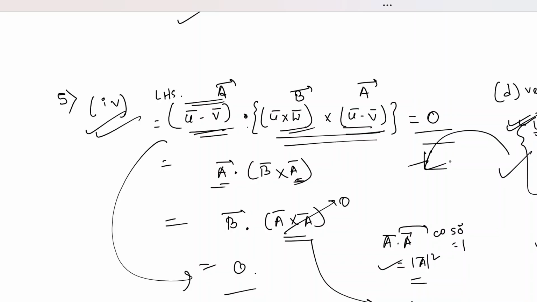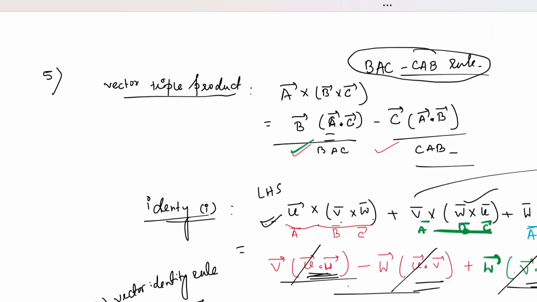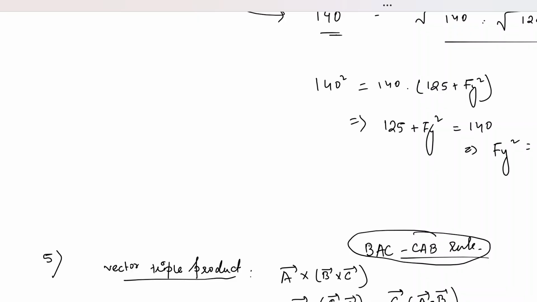Once you are familiar with the topic, you have to know the vector identity rule. Obviously, the basic ones you have to remember, and there are some simple tricks to remember them. As I said, you have to follow a cyclic order like this, and you do not even need to memorize. From the idea of cyclic order, you can directly get the expression. And for the BAC-CAB rule, you have to memorize it. There is no other way.